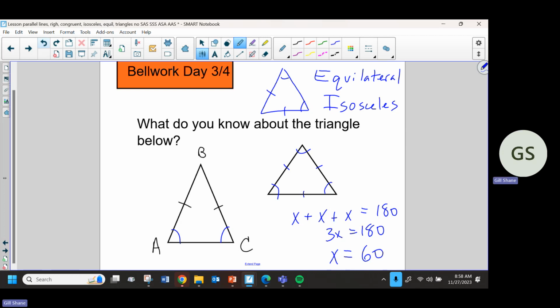So for an equilateral triangle, all three sides are 60 degrees. I'm sorry, all three angles. Each individual angle is 60 because they all three have to be the same, and they all three have to add up to 180. So that's another shortcut that will save you some time if they give you something like this,